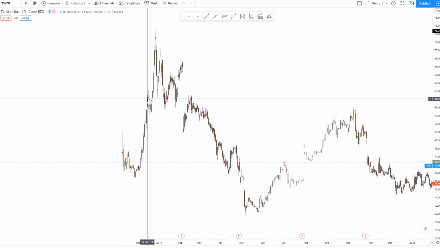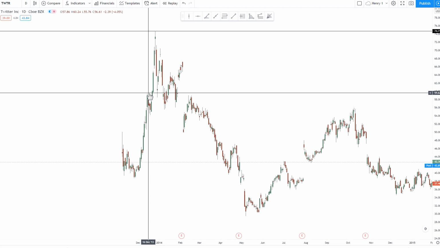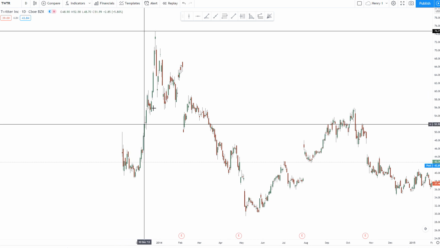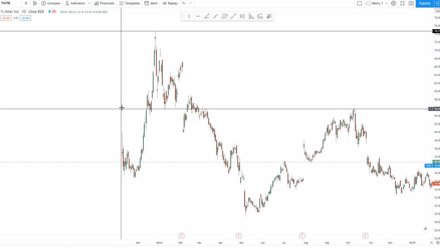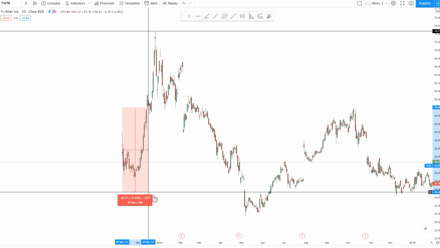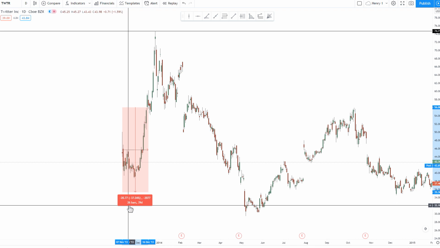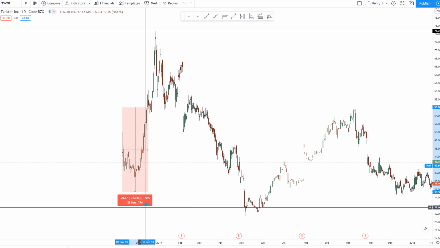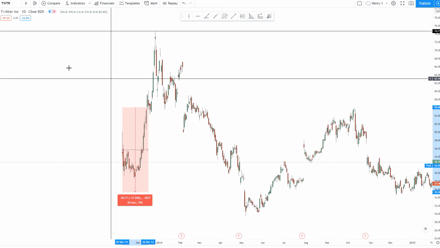And then we get a higher high right here, and that's what we were looking for. So we measure this again, and we see that from this high to this high is 26 bars again. Look at that. That's pretty interesting considering the fact that the